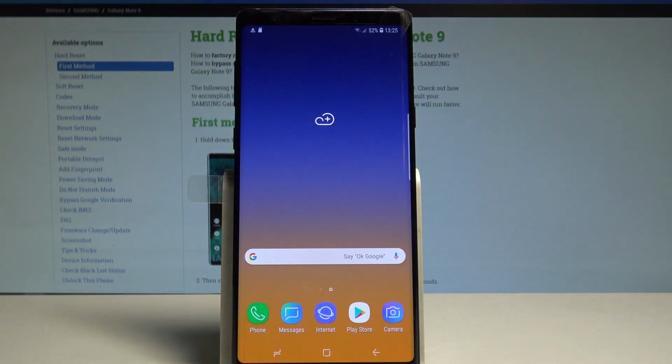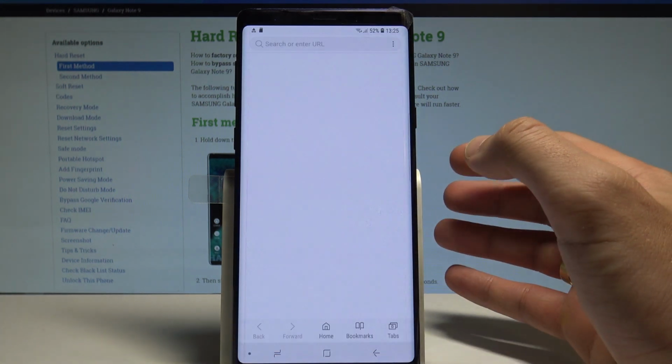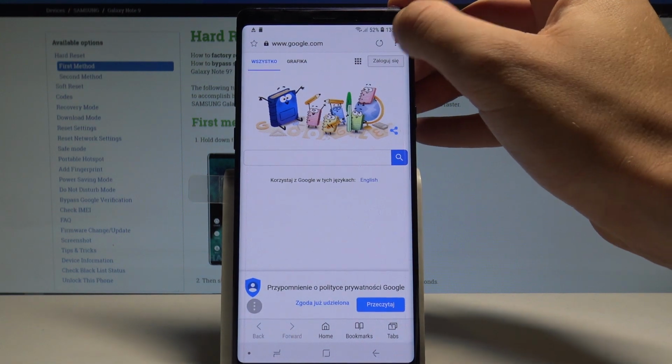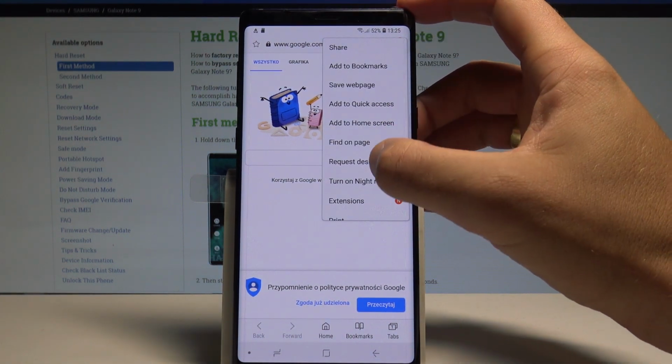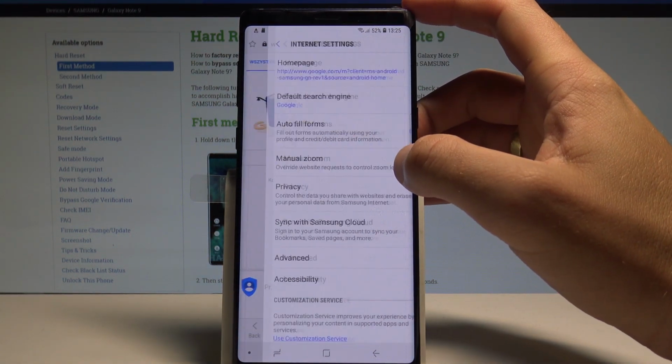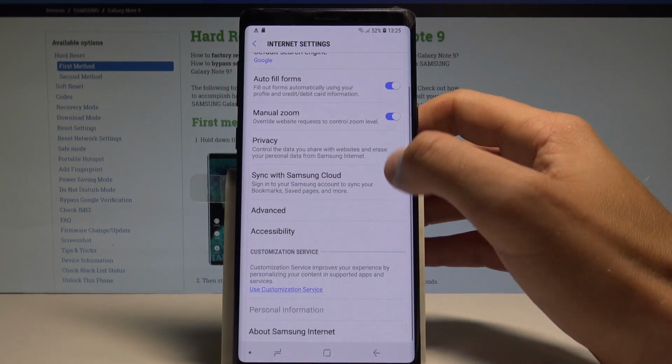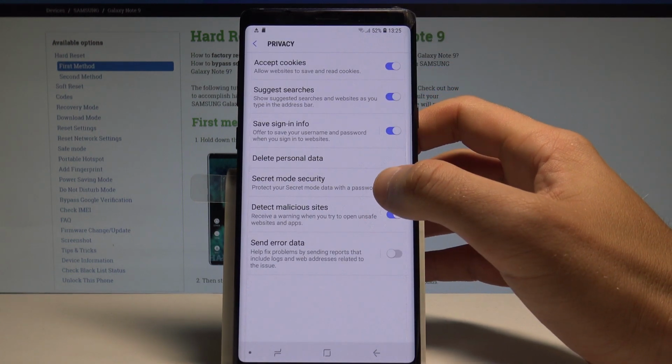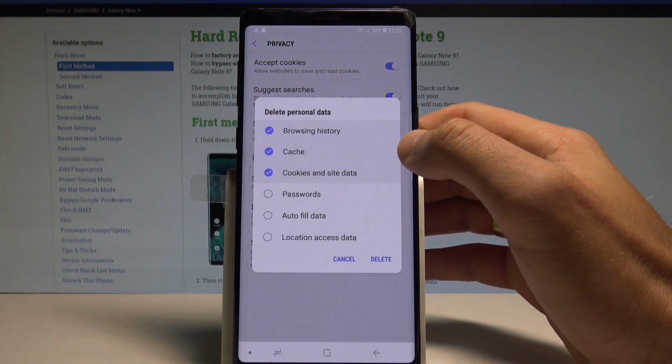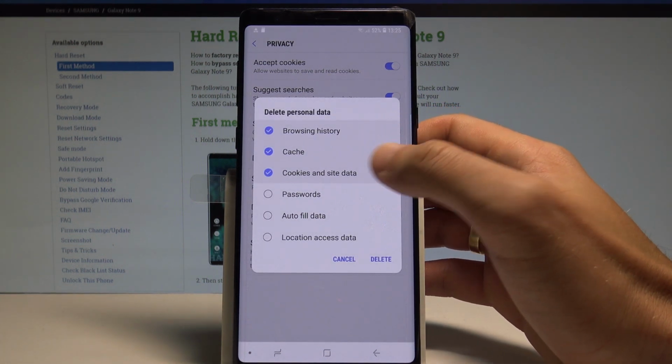Here I have Samsung Galaxy Note 9 and let me show you how to delete browsing data on the following device. So at the very beginning, let's open the internet right here. Let's choose settings. From the list of settings, tap settings again. Scroll down, choose privacy. Let's select here delete personal data, and here you can delete browsing history, cache files, cookies